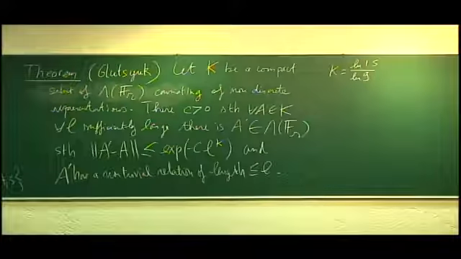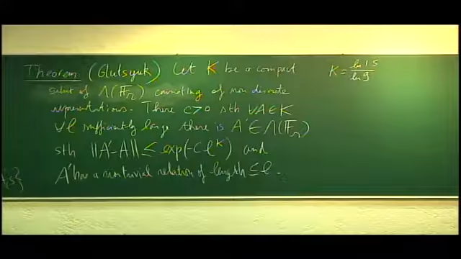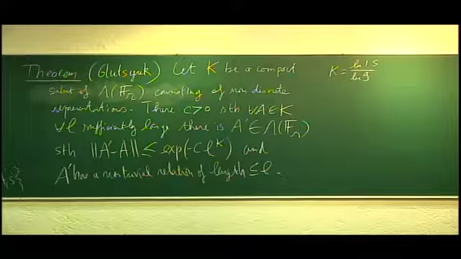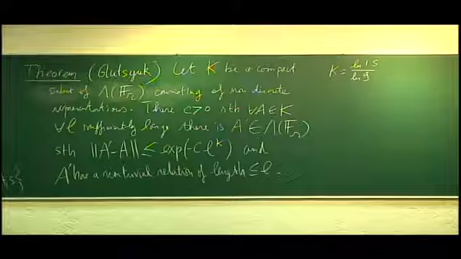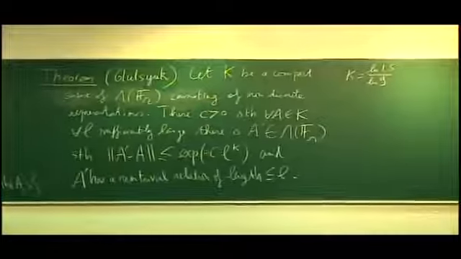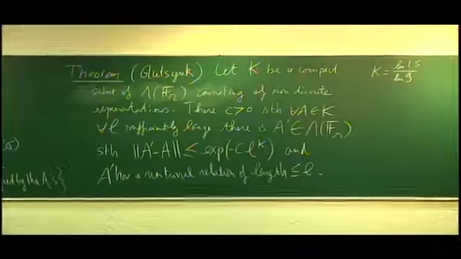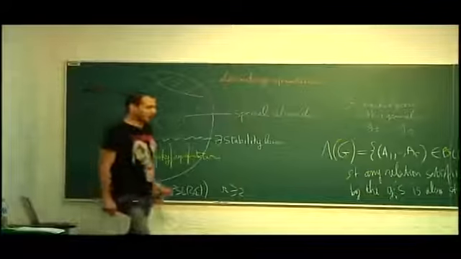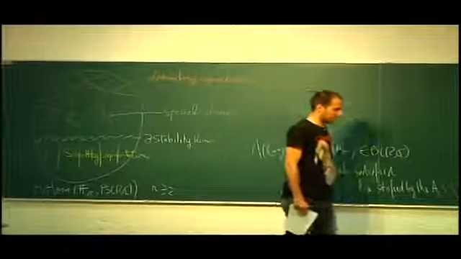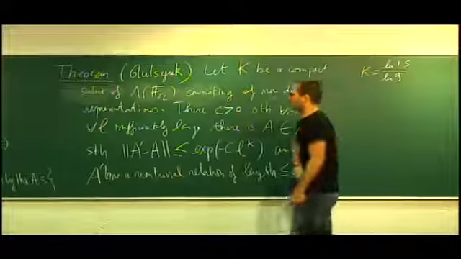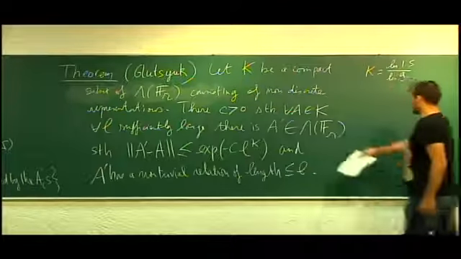So the theorem of Alexei Glutsyuk says that if you take any point which is in the bifurcation locus, more precisely with a non-discrete image, then you can approximate that point by points which lie in some special subvarieties which are of controlled complexity. Okay, where the complexity is defined